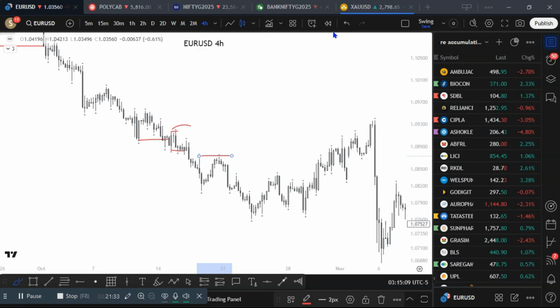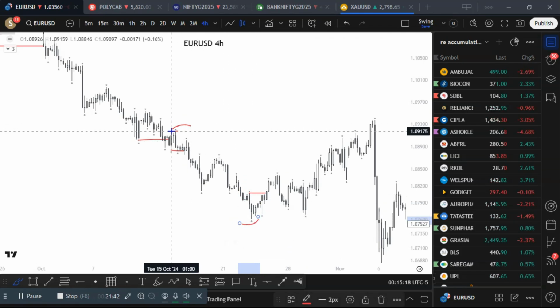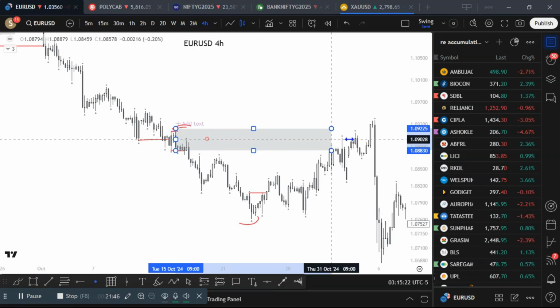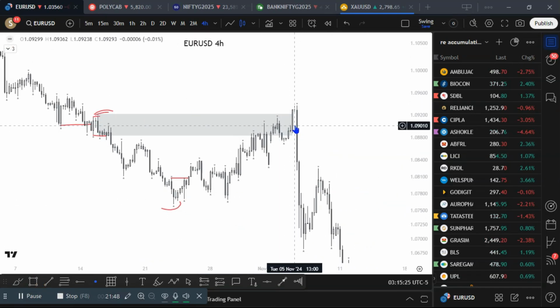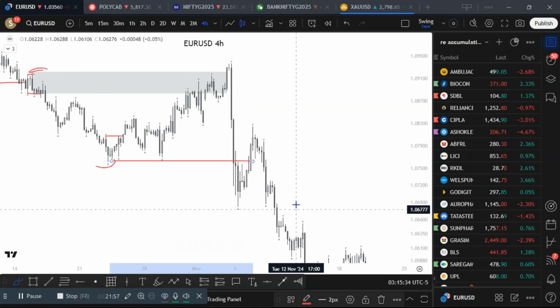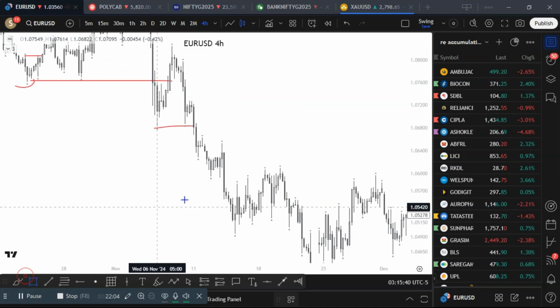So this is our strong high, price continues going, took internal liquidity, so we got our range. This is a strong point, we can trust our strong point, and boom, this happened because of news, and price took liquidity and then dumped, broke external liquidity. We will wait for internal liquidity swept, price did nothing,